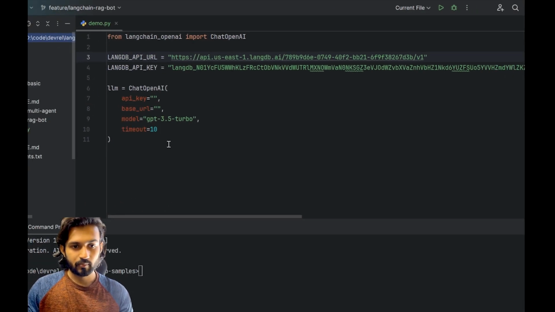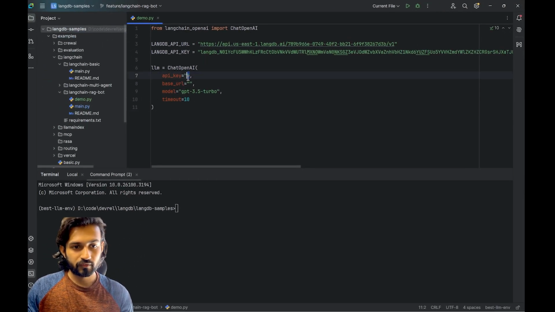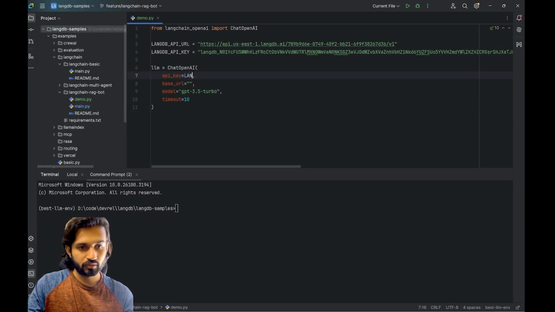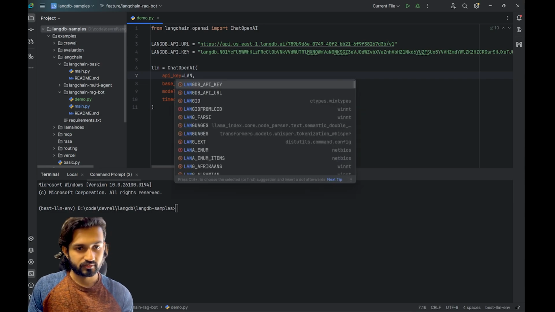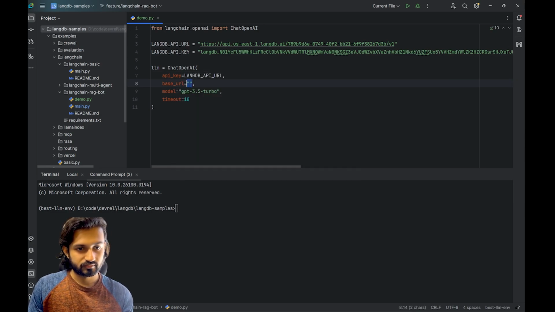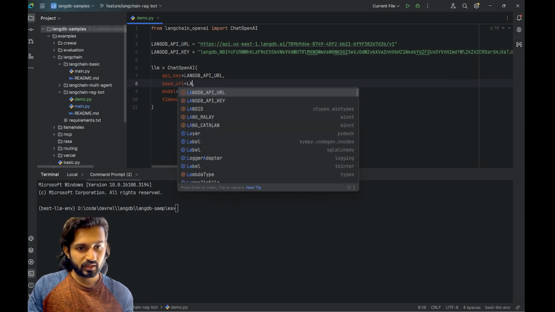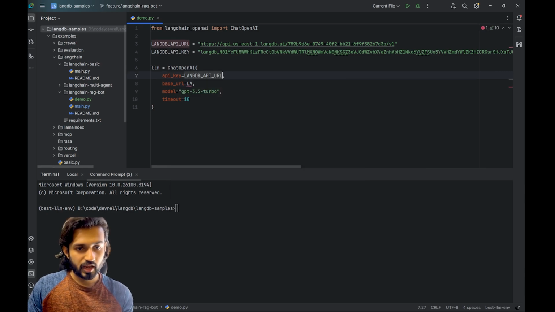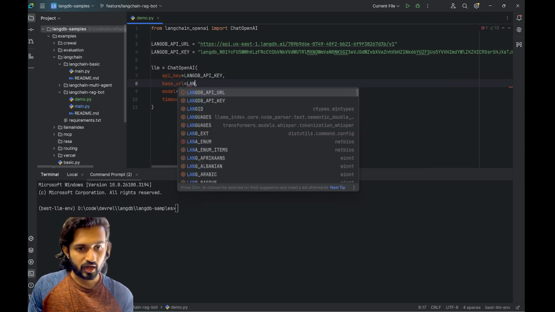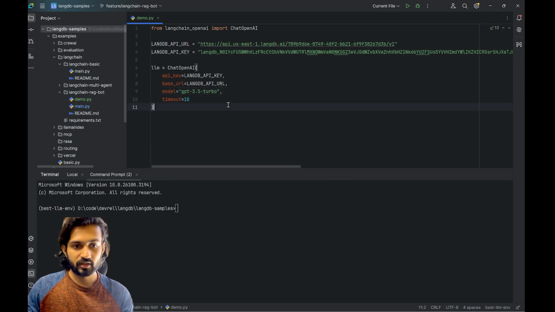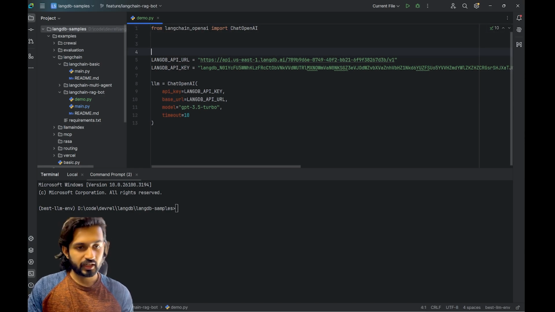So it's simple. Now we have all of this. Let's add them into this section: LangDB API URL, here it should be the key, and here we add the URL. That's it, simple, done. Now, since we have added our LLM model right here, we need a prompt